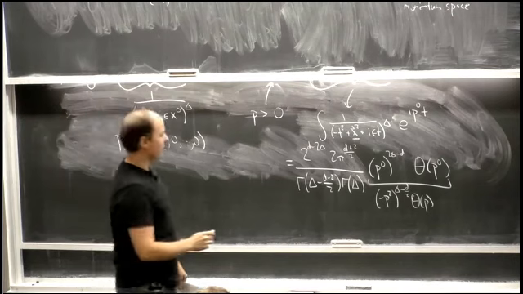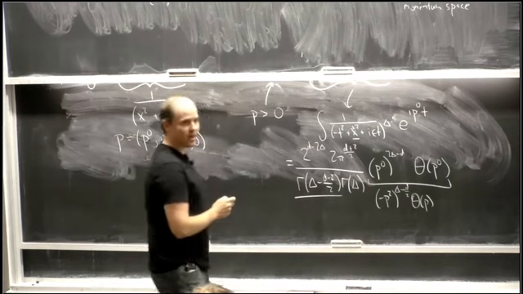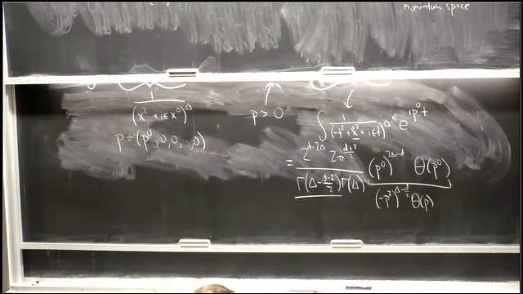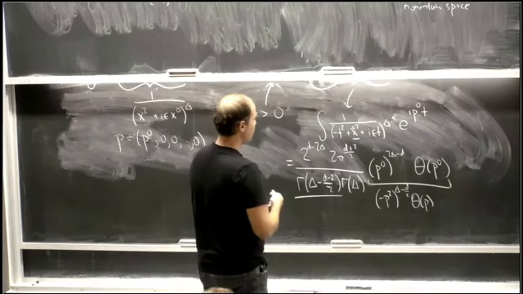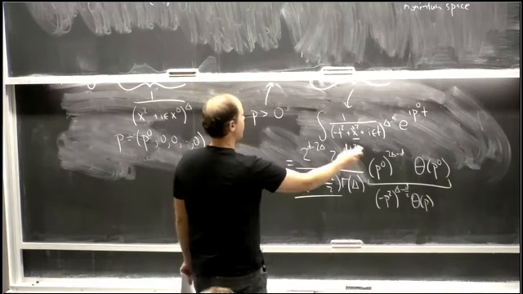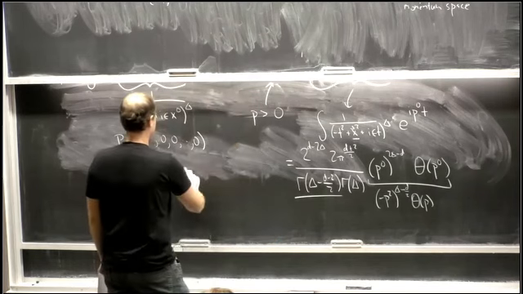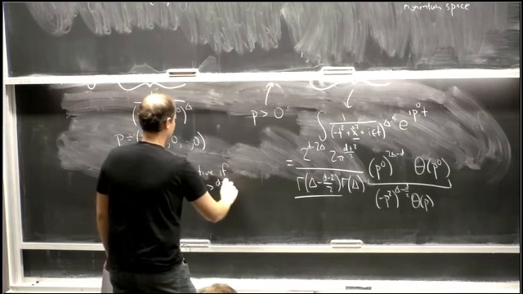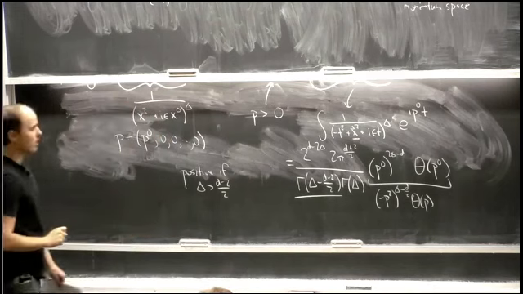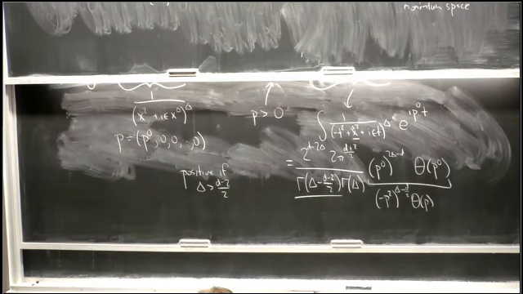Now the key point is that factor right there. The gamma function is positive when its argument is positive. It has a pole at 0, and when you go to the left of that pole, to negative values, it becomes negative, at least initially. So you see here that this thing is positive if delta is bigger than (d minus 2) over 2. And that is indeed the correct unitarity bound for a scalar operator.